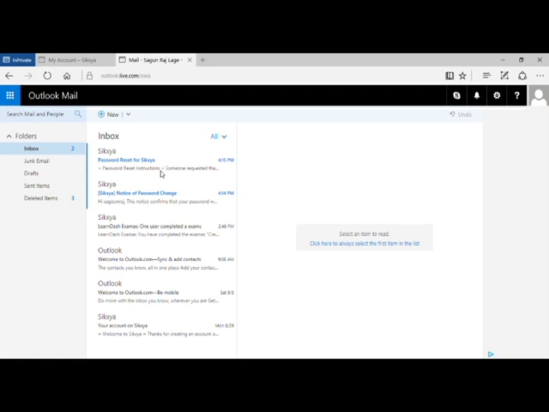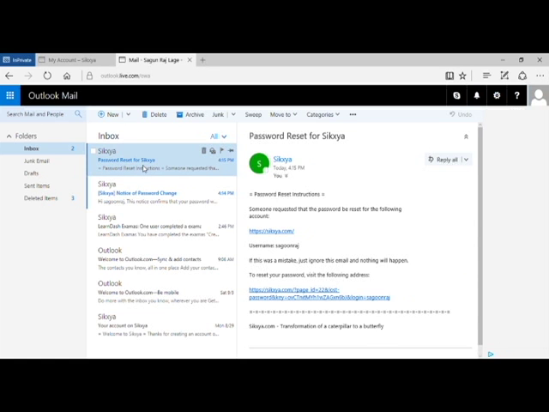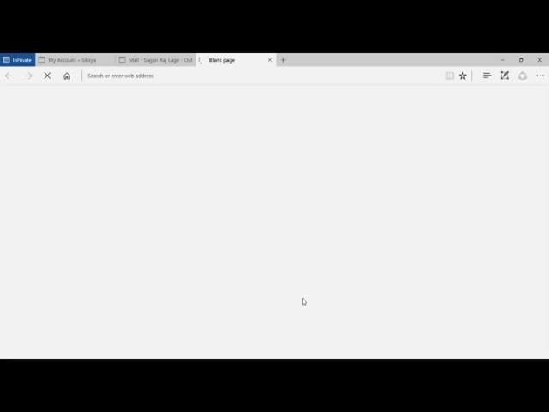We can see that here's the email from Sikxya with the subject password reset for Sikxya, and in this email we can find the statement saying to reset your password visit the following address. We just click this link at the bottom like this,